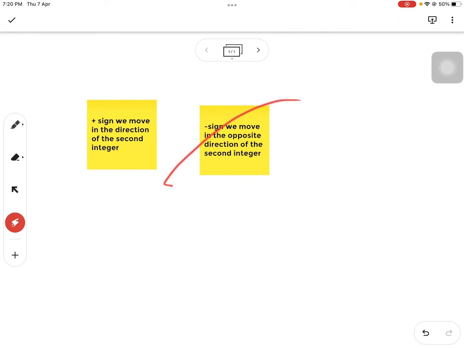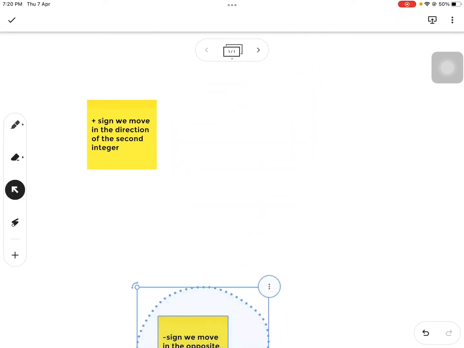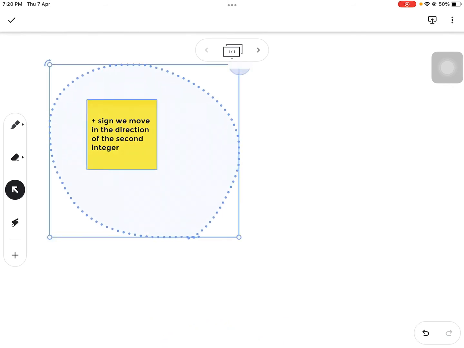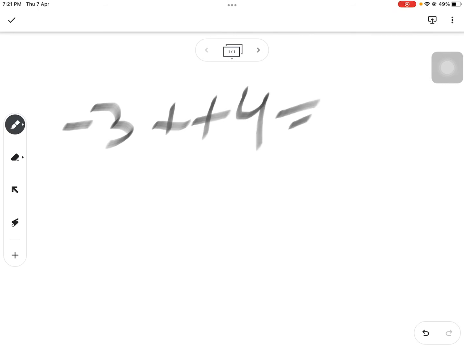And now, how do I remove this thingy? Delete. And now we are gonna do some questions for you guys. Now -3 added by +4. Now you guys have to guess the